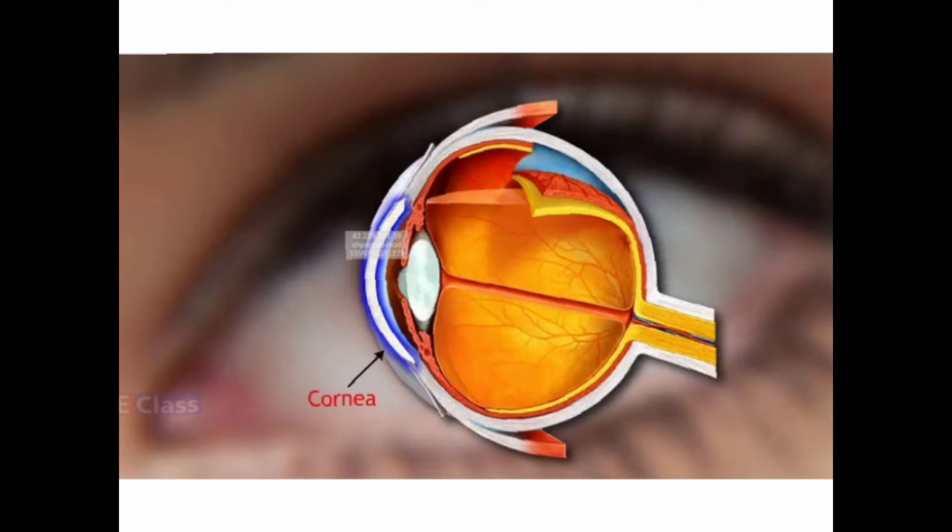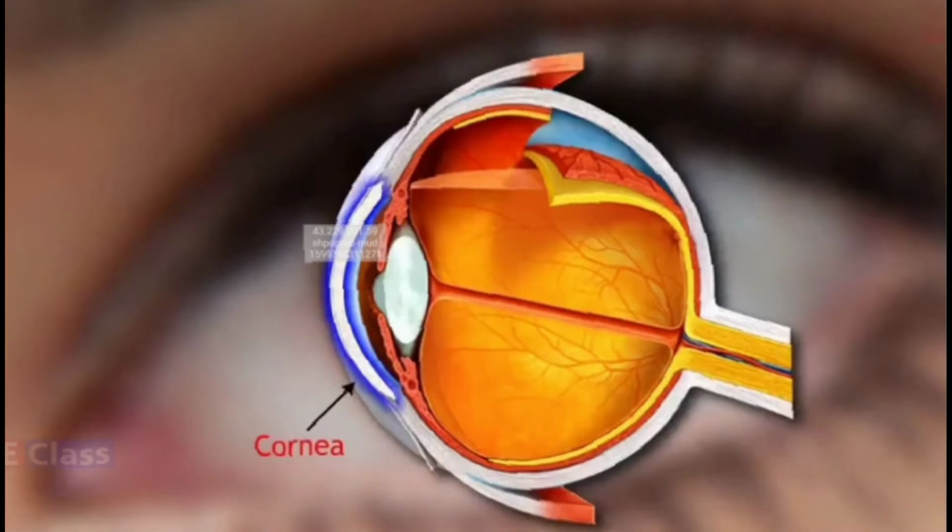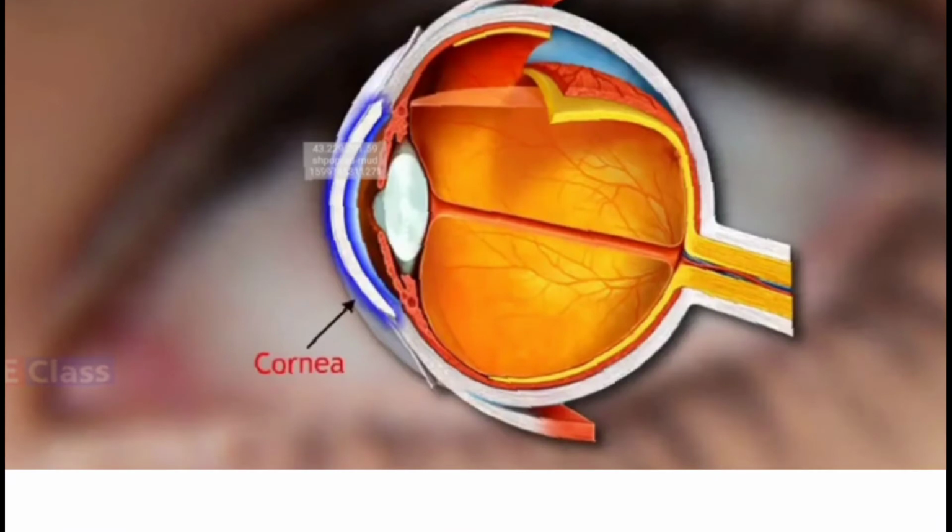Let us understand different parts of the human eye. There is a very thin transparent cover on the human eye, and that is called the cornea. So here we have the cornea. This is the transparent cover. Okay, so this is the cornea. The light enters the eye through it. The maximum amount of the incident ray is refracted inside the eye at the outer surface of this cornea.